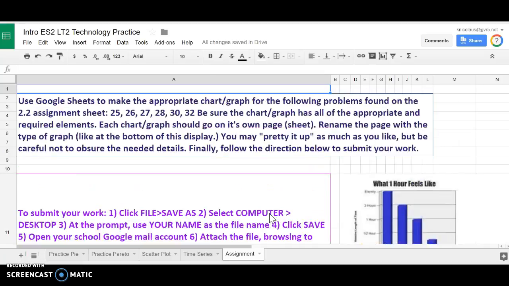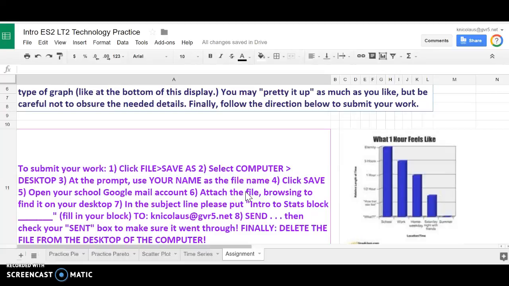And I will also point out that this practice sheet, the whole thing, is in Canvas. It's marked in Canvas so you can get to it. The assignment is also typed on your